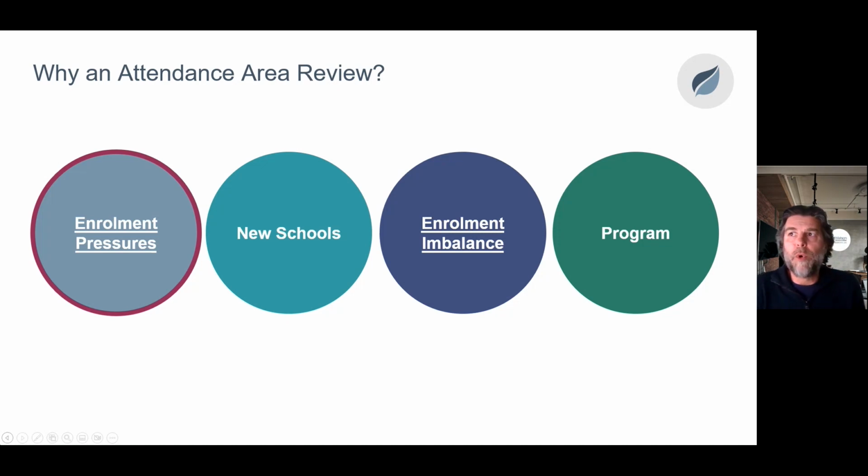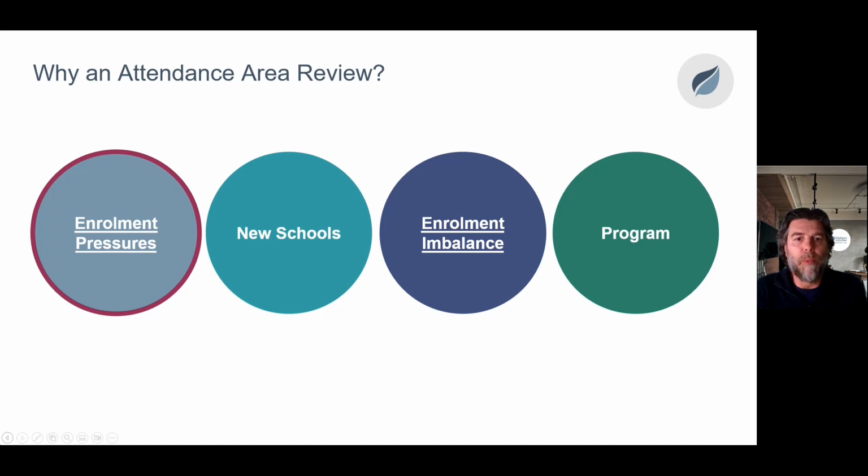So why does a school board do a school boundary review or an attendance area review? Well, there's a variety of reasons why a board might conduct a review. Right now, we're going to explore some of the main ones. One of the primary reasons is enrollment pressures, and that means when the enrollment at a school is significantly over what that school was built for. And a school board looks at boundary reviews or changing those boundaries as a way to try to alleviate that enrollment. Again, assuming there are schools close by or somewhat close by that can take that additional enrollment.